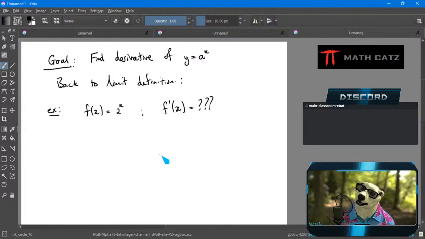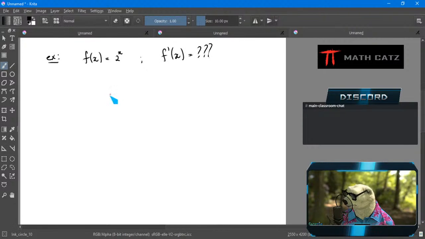So that is our setup. Let's take an easy example, because 2 to the x, I have a good feeling about 2 to the x. It's my best chance to understand an exponential function using a 2. Okay, so I want to find what is the derivative of this function. Well, limit definition. What else can I do? It is the limit. I can at least set it up. You have to know how to set it up, right? H approaches 0, f of x plus h minus f of x